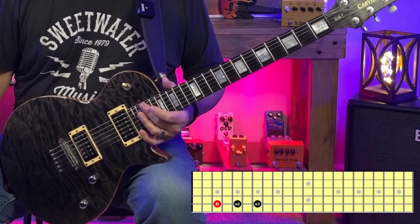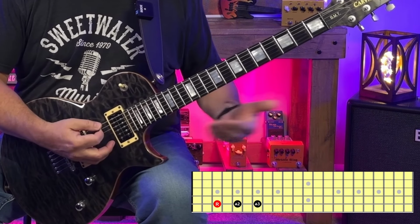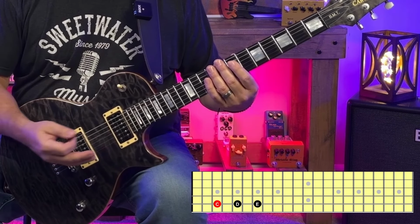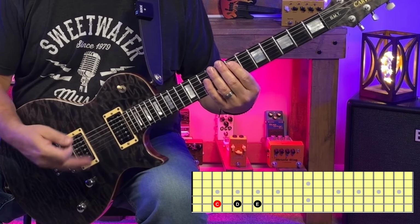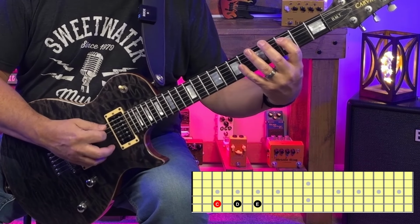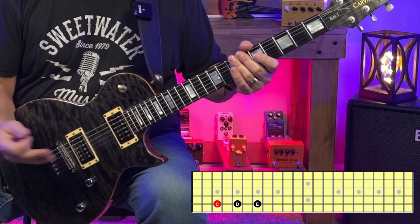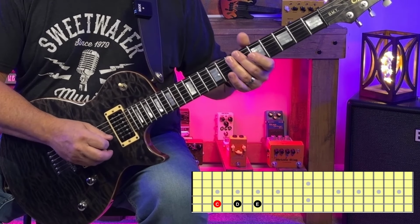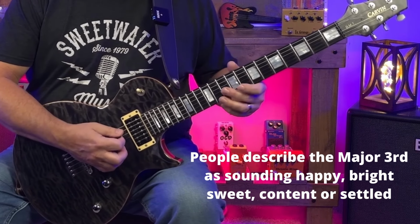Now, the next interval we come to is the third, specifically the major third. In the key of C, that's going to be an E note. Now, the major third is going to sit 4 frets, or 4 half steps, or 2 whole steps above our root note of C. It's also a whole step above our second. If we play the major third over the root C,